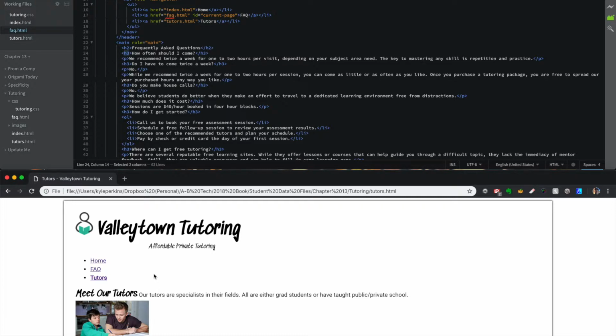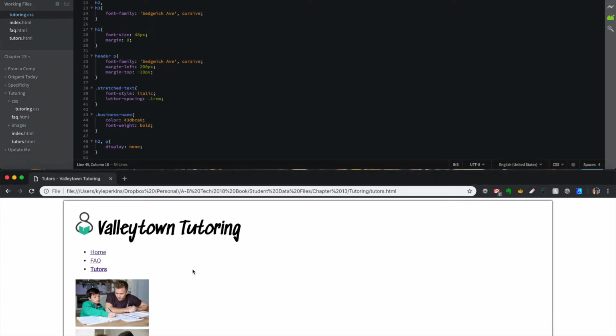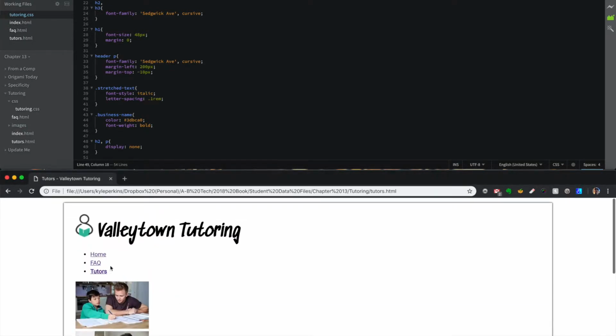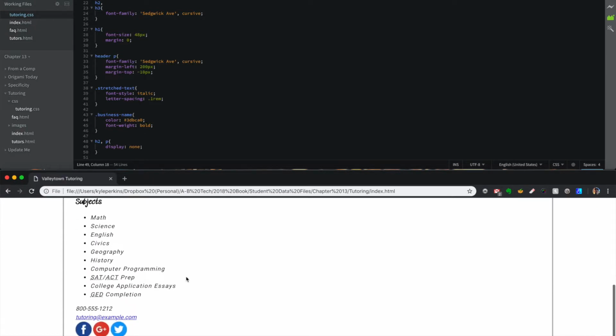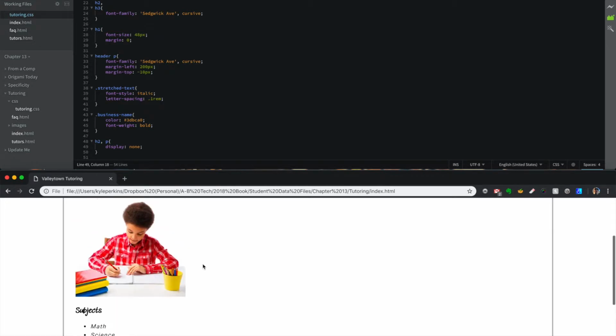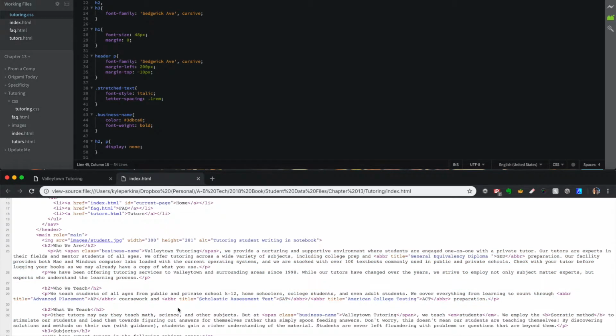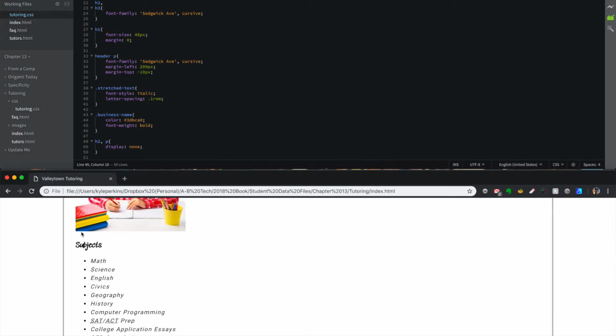Let's see, edit the display in CSS right here. Now change it to none. We go back to the page, we refresh, and now all of our text is gone. Like I said, display none removes the element visually from the page. If you take a look at the code, the text and everything else is still there, but there's no block basically saying, hey, there should be text here, because by saying display none, it literally removes the element from the page